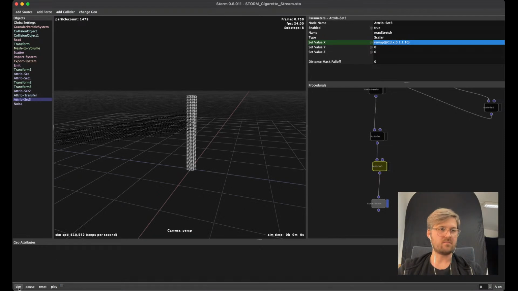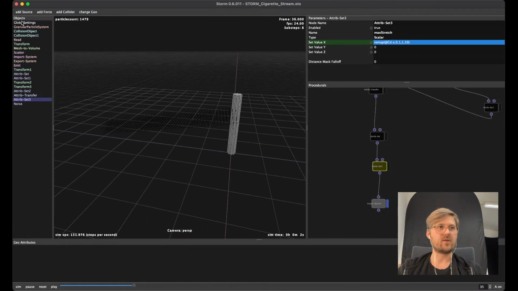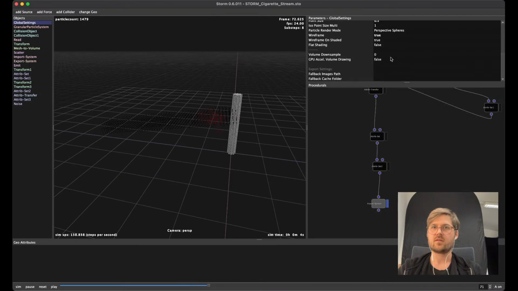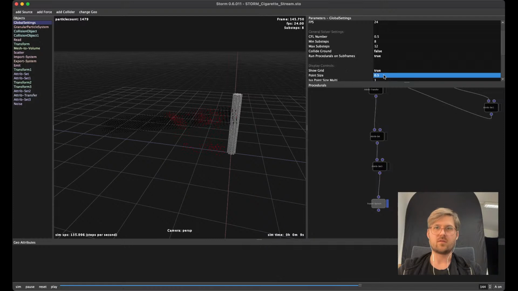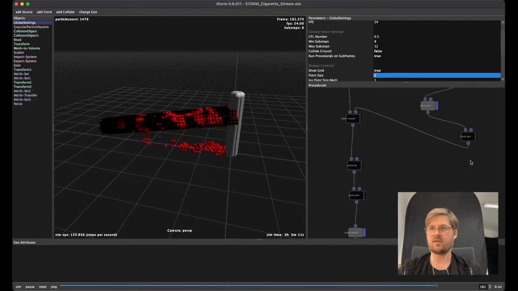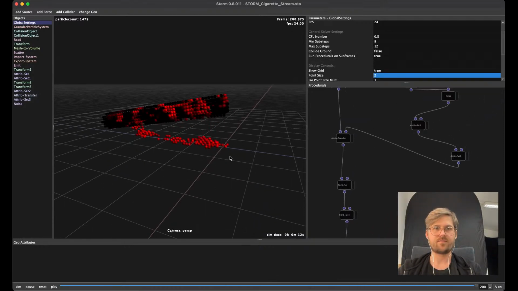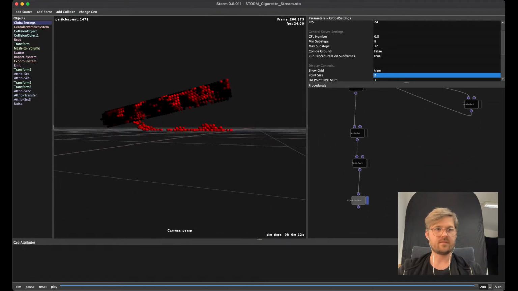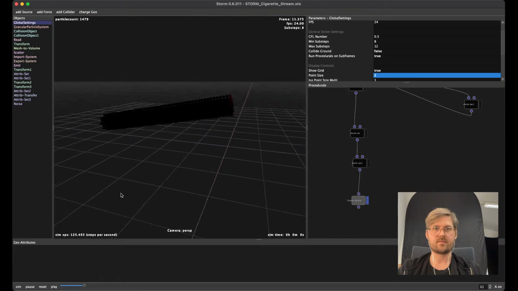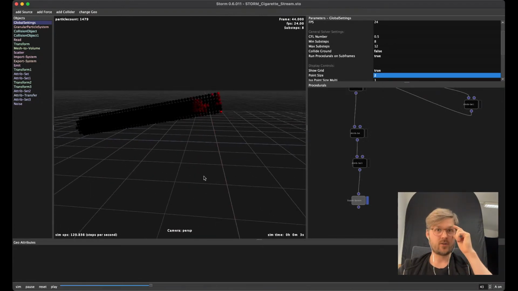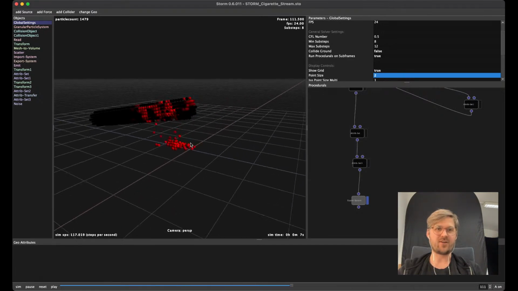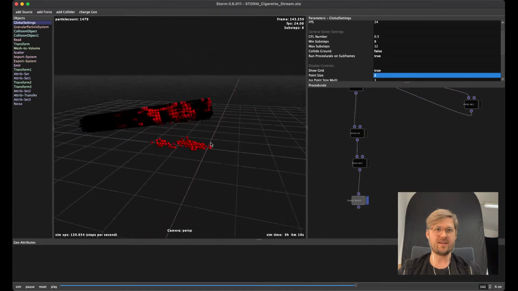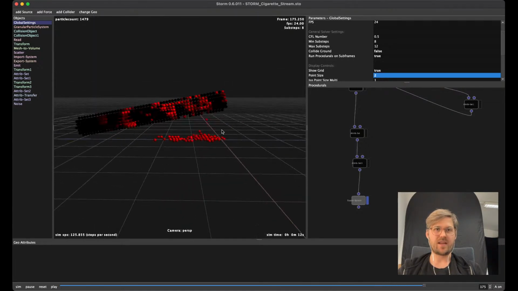So okay, we have to turn them bigger again. So now you can see the red particles are falling down, are breaking apart, and the black parts